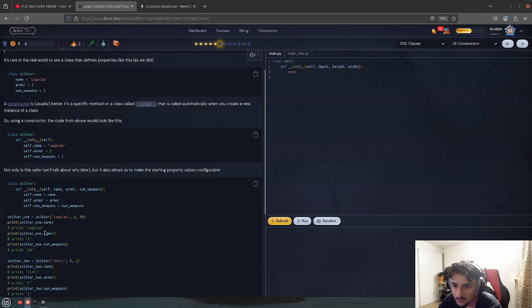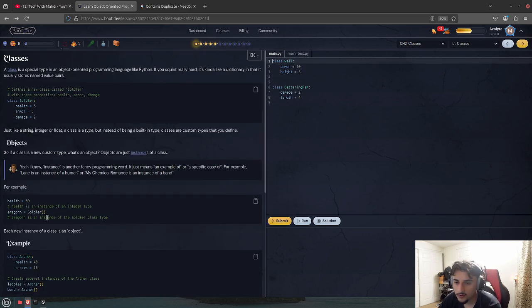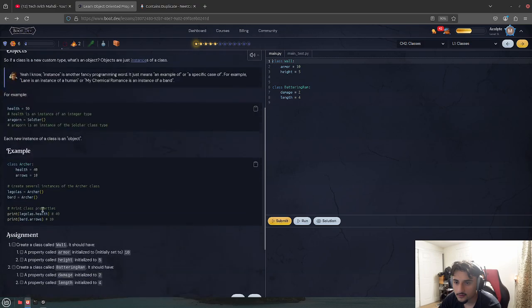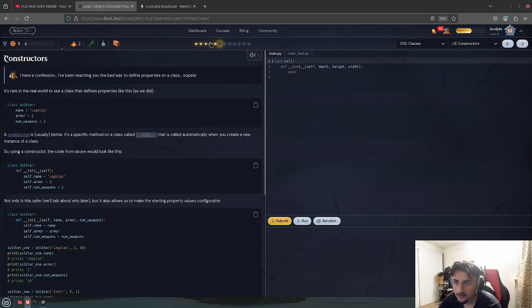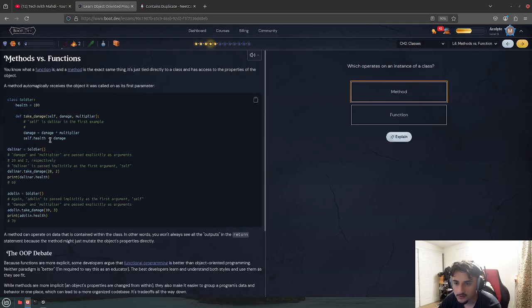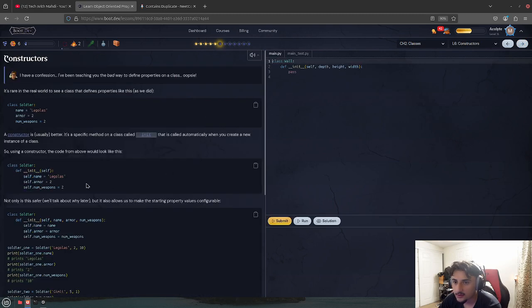Now print soldier1.name, Legolas. If you just print soldier1, see the difference, look how weird it is. Health, armor. Look at this. Boom, now you have to call the soldier, then you do the letter dot take damage, then you put in that. But here it seems like all you need to do is